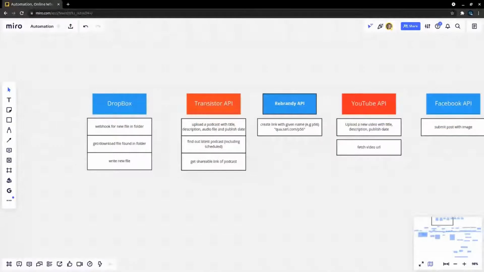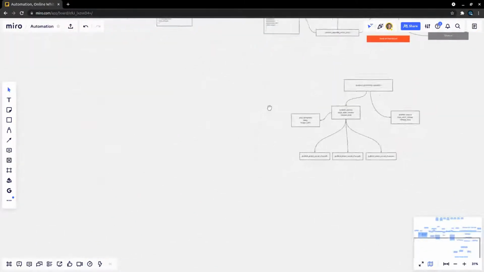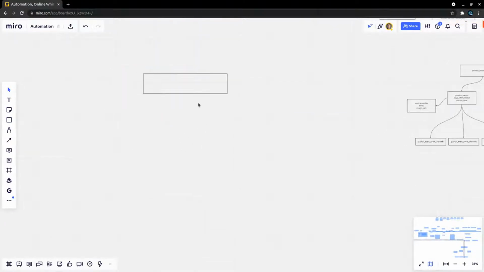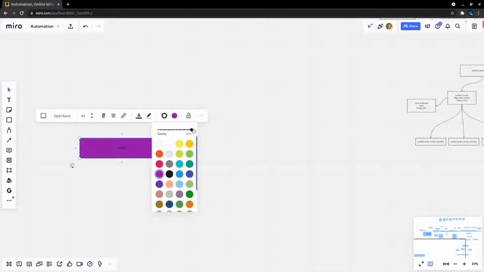Are you using any tools like Zapier for this, or completely building your own? I'm completely building my own, but you know what? That's a really good point. Maybe we could eventually integrate this with something like Zapier, or basically implement some sort of event hooks. So you know what? We need an ideas section. I feel like I need a Tom's ideas section so I can just whack them all in here. Let's call this the ideas area. And we'll give it a purple background like that.